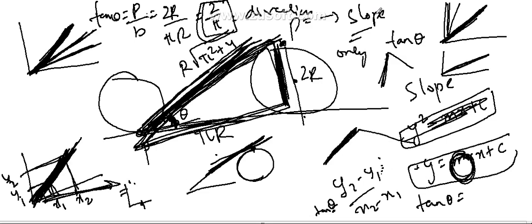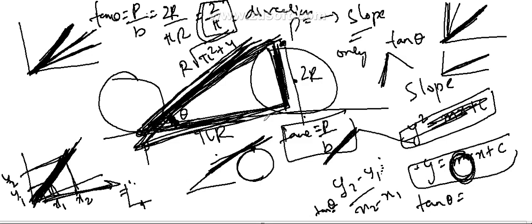How did you find the slope in this case, sir? What I said to you, this is a right angle triangle. Yes or no? Yes, sir. So this is some angle theta. I don't know the value. So the value of the slope is tan theta, equal to perpendicular by base. What is perpendicular here? 2r. What is base here? Pi r. R gets cancelled, so it is 2 by pi. That's all.